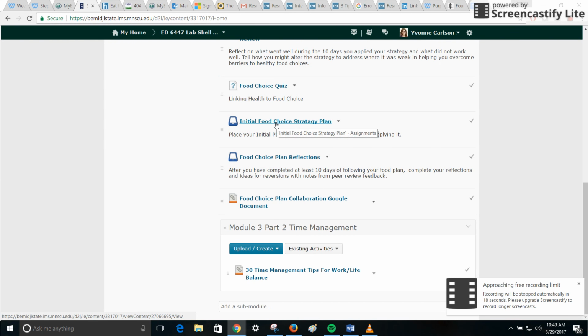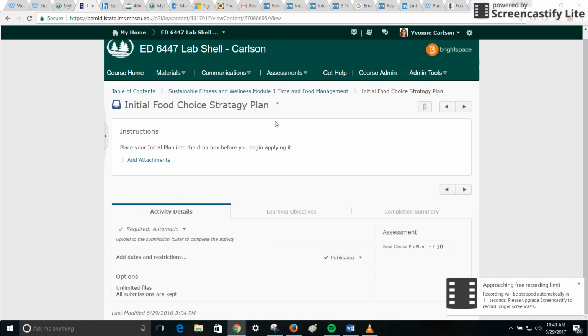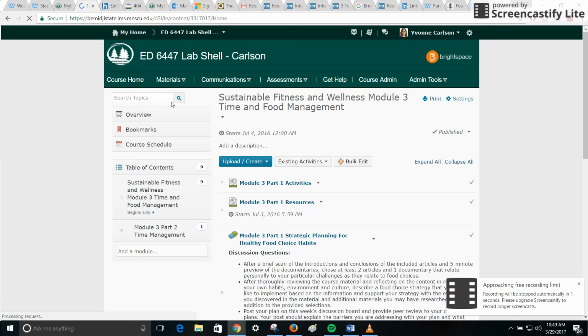Then there's the initial food choice strategy, and this is place your initial plan in the Dropbox, and they can add attachments. So that's what it looks like in the